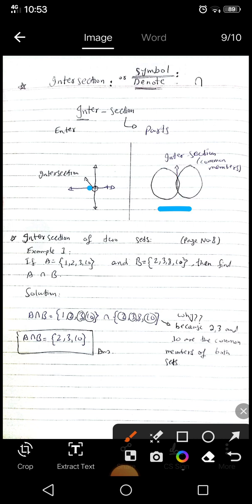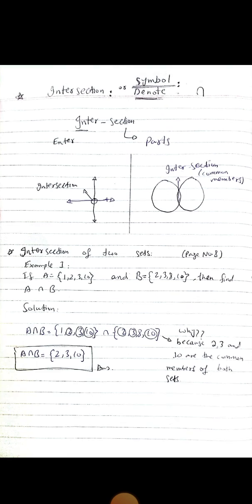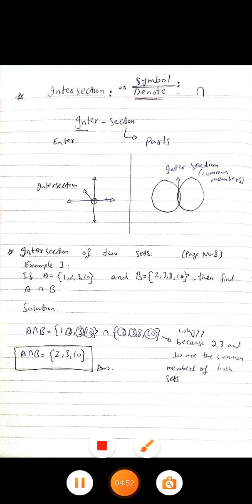If I write numbers in these circles, the members which are in this part are called the common members of these circles. I repeat, if I write numbers in these two circles,